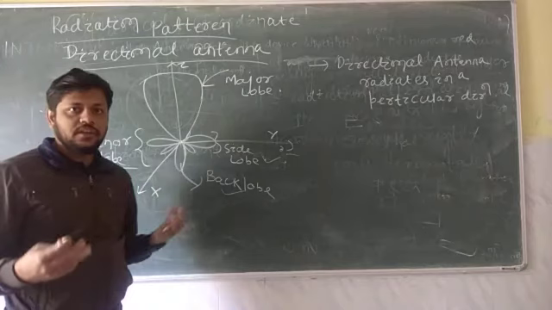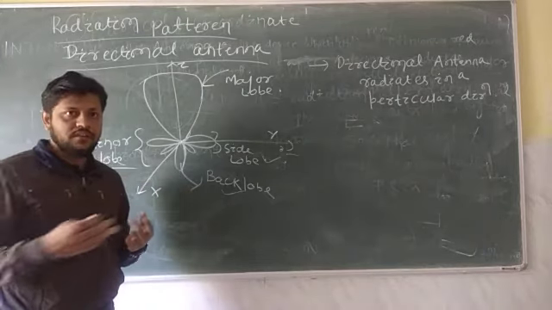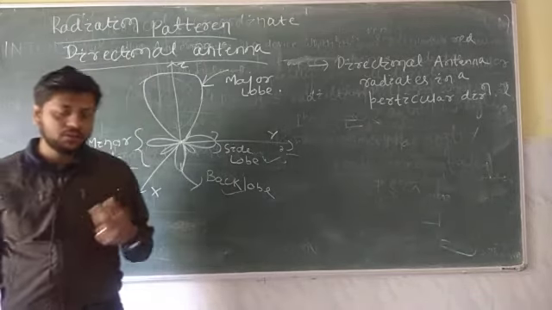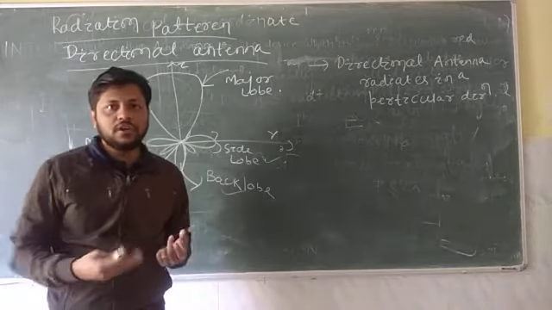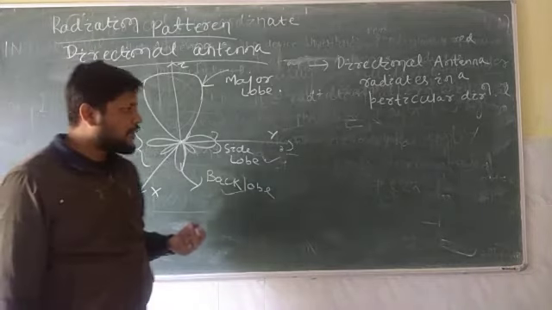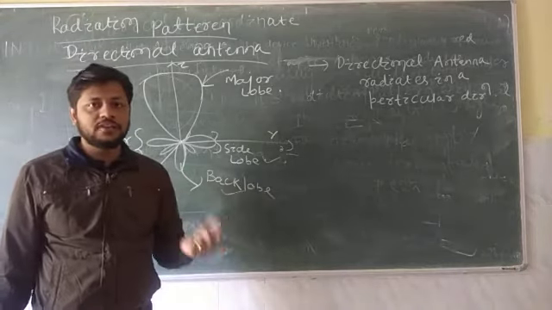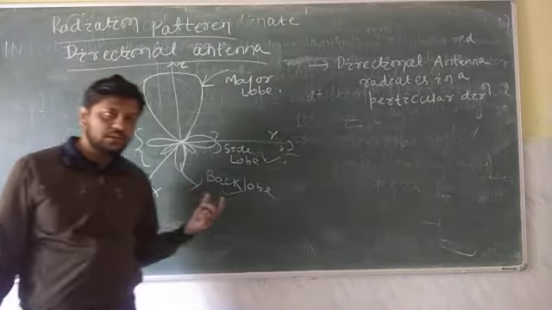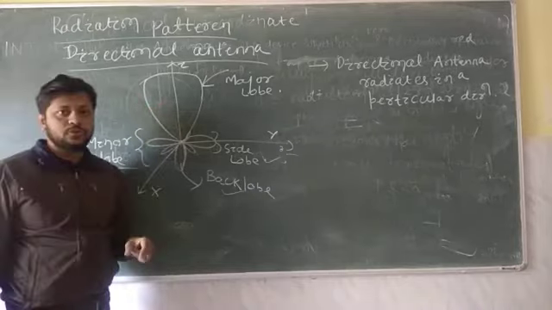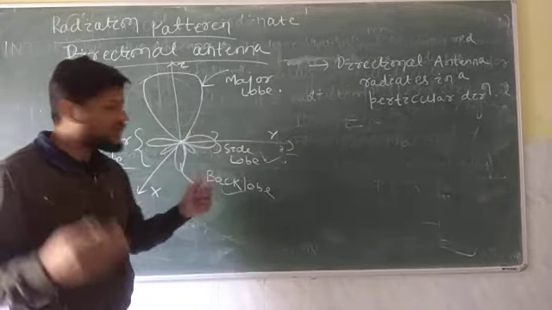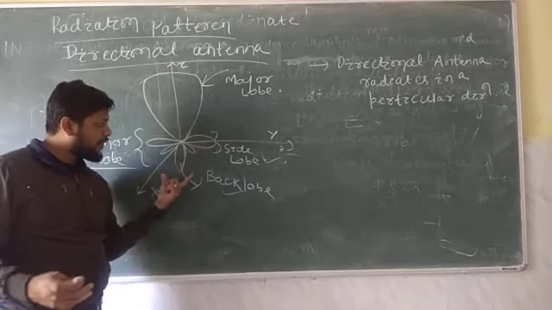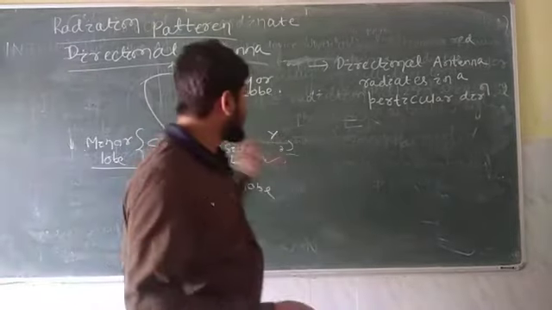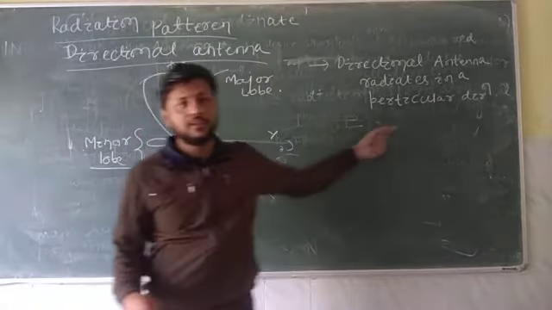So we can see here the mobile tower, your BTS, base transceiver station, where the antennas are installed in a particular way so that no antenna radiation interferes with each other. So the target should be that this major lobe should be maximum. We should try to maximize the major lobe radiation and try to minimize the minor lobe radiation. So this is known as your directional antenna. A directional antenna radiates in a particular direction.